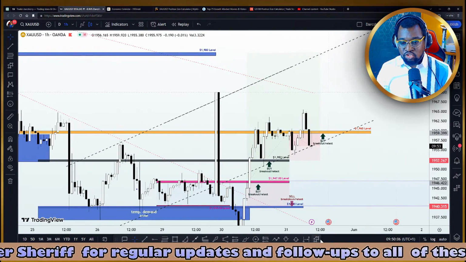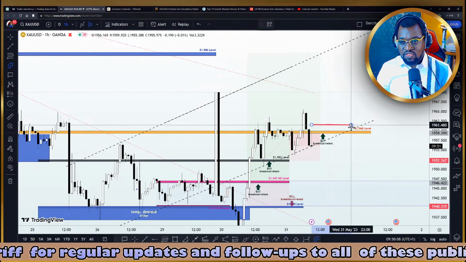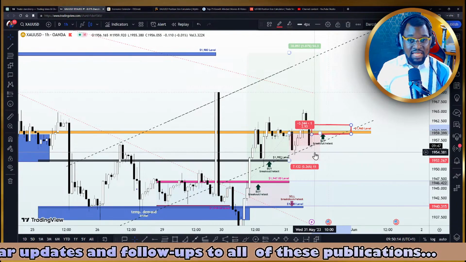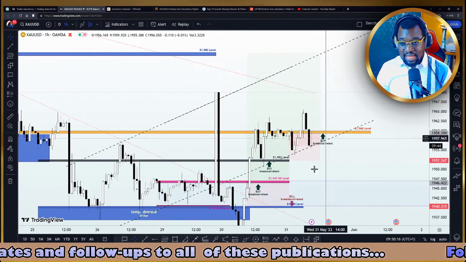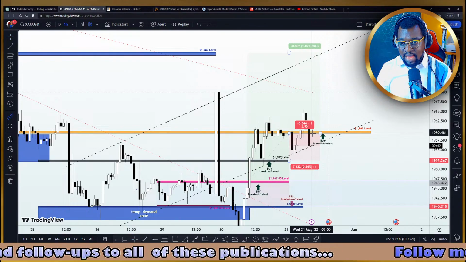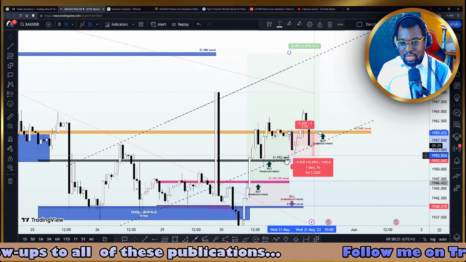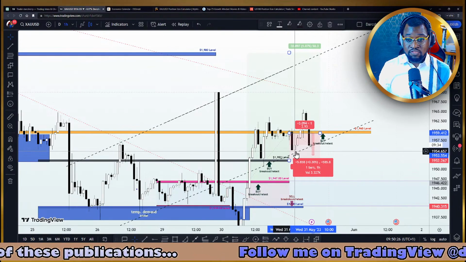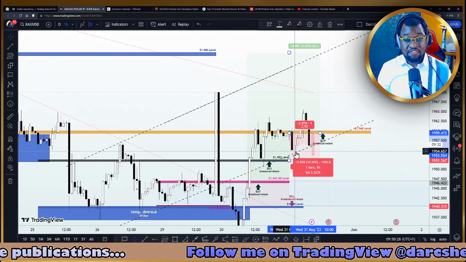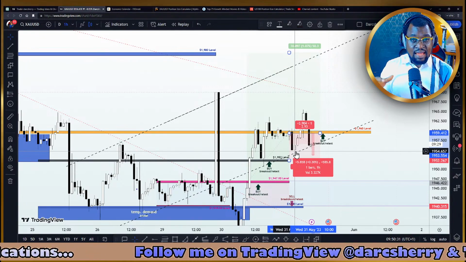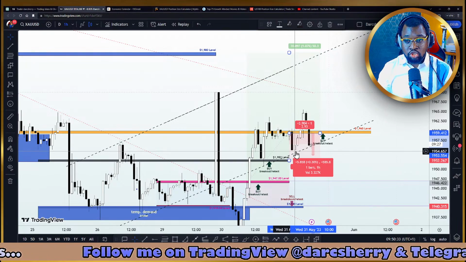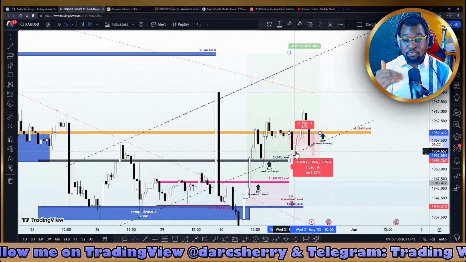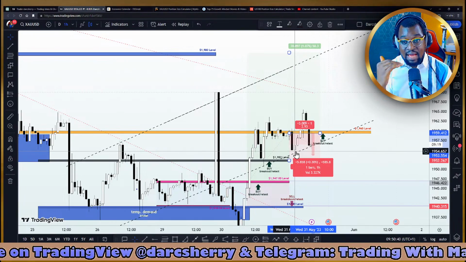So what I did here is to have my buy stop order above the 1,960 to be part of a bullish momentum if price action breaks above that level. And if it does that, we want to have our stop loss anywhere right below the previous structure here. We have a previous low around the 1,953 level, which will dovetail to about 50 to 55 pips stop loss on this market. And let's see how price action will play out from the structure. So above the 1,960, I'm looking out for buying opportunity above that area